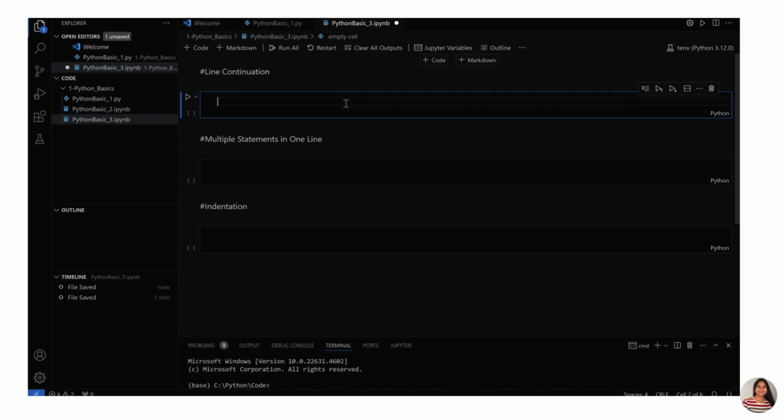In this video, we will cover line continuation, multiple statements in one line, and a very important concept, indentation. Line continuation. Let's say that we want to multiply a list of the numbers. Let's say mul, that is a multiplication, equal to 1 into 2 into 3 into 4 into 5, and then the line continues. So we can use the backslash, enter,